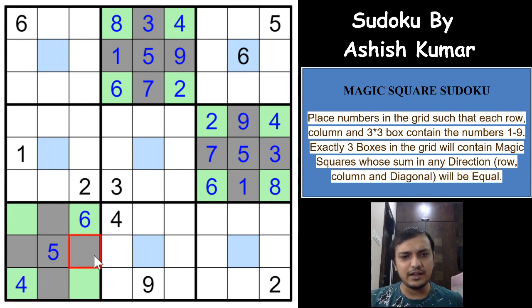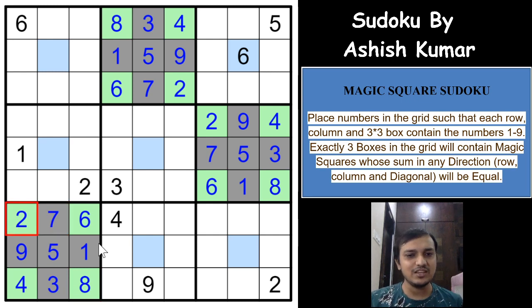And a 9 cannot be in one of these two cells again, because it will sum to more than 15 in 3 cells. You already have a 6 here, which means a 9 cannot be here as well. A 9 has to be here, a 1 has to be here. So 4 plus 6, 6 plus 1 is 7, the remaining is 8, which gives you a 3 here, a 7 here, and a 2 here. Easy. We have found all the magic squares, right?